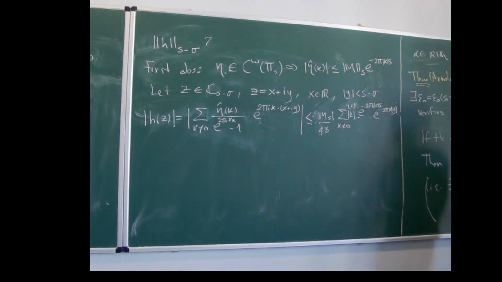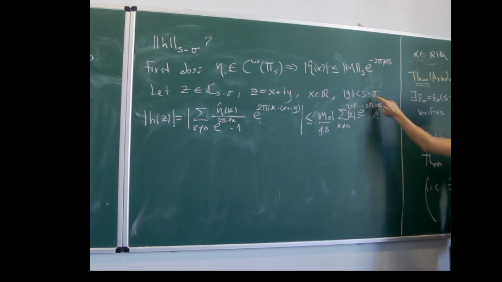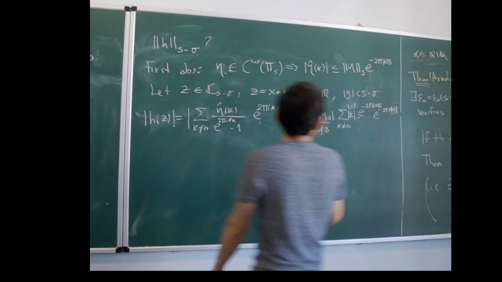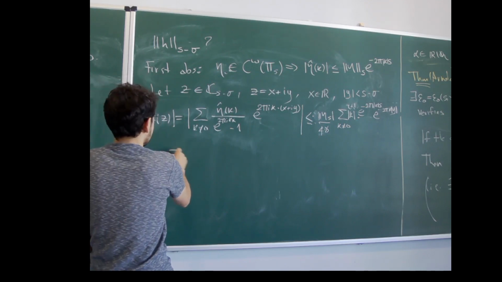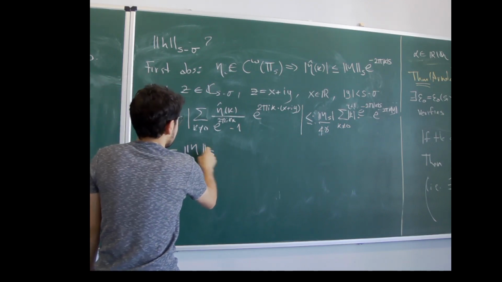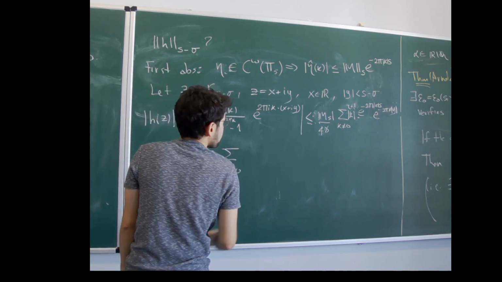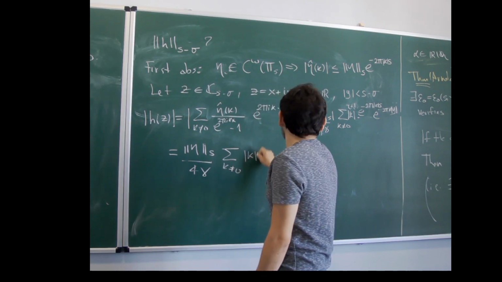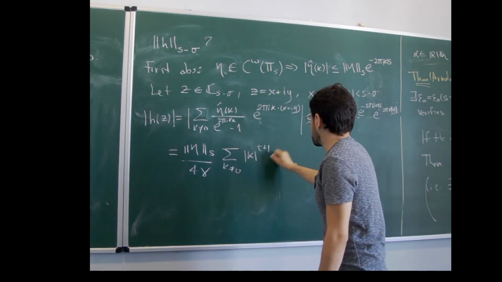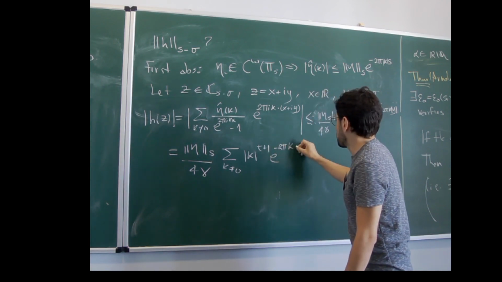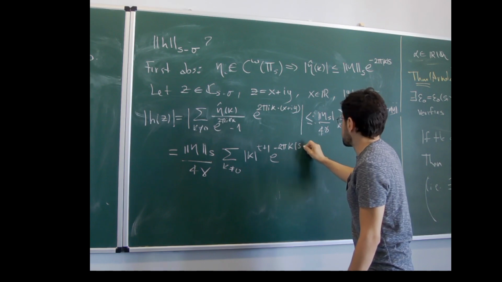But then you see, this is why I assume that the absolute value of y is smaller than s minus sigma, because here I have a minus and here I have an s. So if you don't mind, since I don't have much space, let's write it again. This s over 4 gamma, some k different from 0, of k tau plus 1 exponential of minus 2 pi k of s minus y